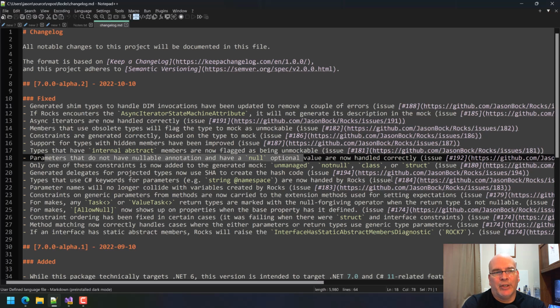But that was kind of cool too, because I wasn't using these libraries for anything other than just targets to see if Rocks could handle them or not. So hopefully now I'll be able to see if there's anything in those libraries that I can handle. But that also uncovered a bug in somebody else's library, and now they fixed it. So I find that to be kind of cool. So yeah, I want to see if there's any more things I can put in for Alpha 3. There's a couple of other minor things I want to put in there. And there was some other thing that I was going to work on, maybe on camera for this. I'm not sure. I forgot, but there's been a lot of work on Rocks.